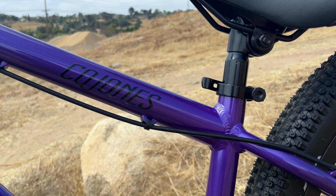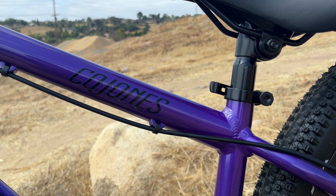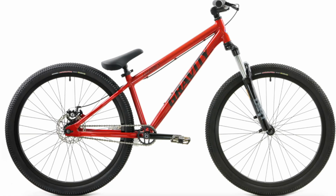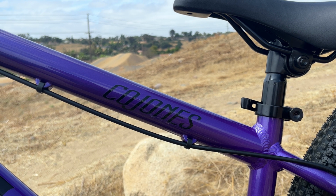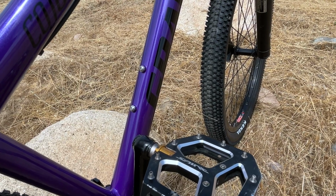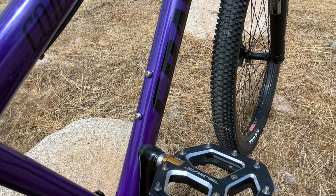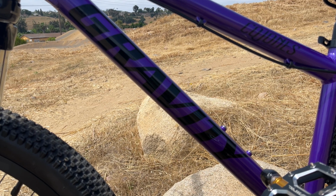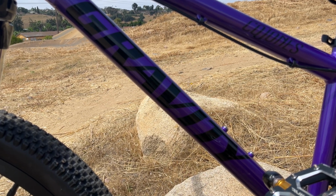The Cojones has a 6061 aluminum frame with a beautiful purple paint job, but you can also get it in matte black, matte gray, or burnt orange. The frame tubing has a nice shape to it and has external cable routing for easy maintenance. And something that Gravity has added as well is mounts for a water bottle, so you can stay hydrated while at the pump track or the bike park. And the welds on the frame are also surprisingly nice,